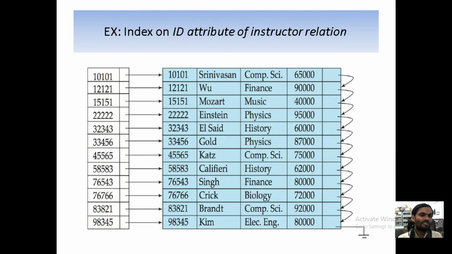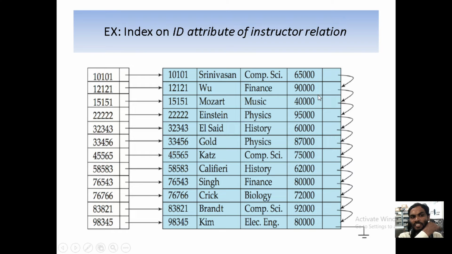Means the sequential order will be there, one after another. It is similar to your linked list, which you learn in the third semester under data structures with algorithms. Again the record is pointing to the second record, and from the second record again it is pointing to the third.